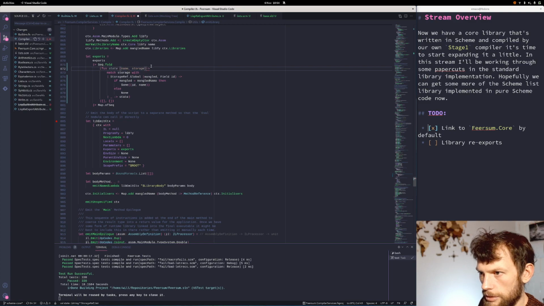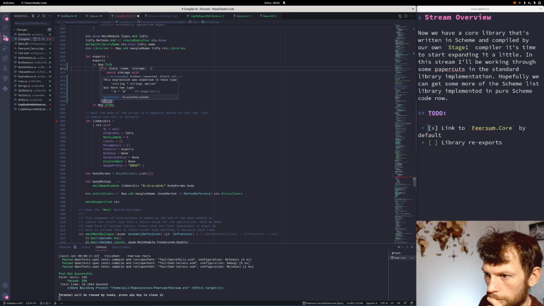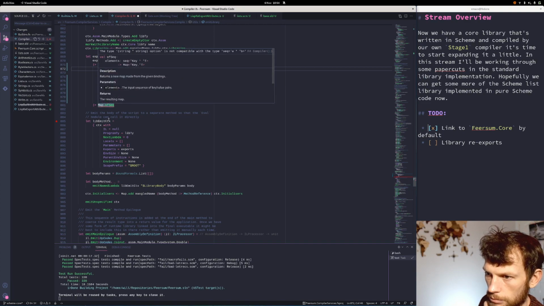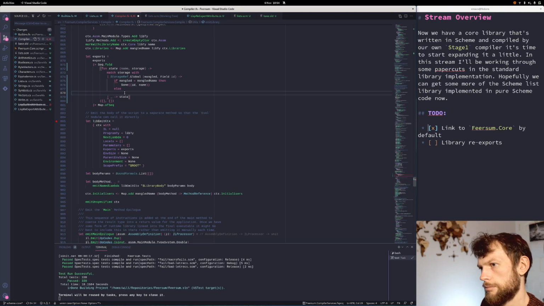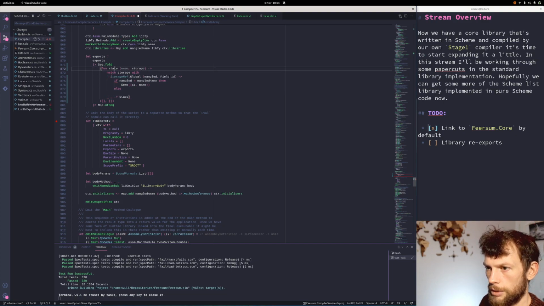The first of which is the state. The second of which is a pair. In this case, we want to do, well, let's say state is going to be